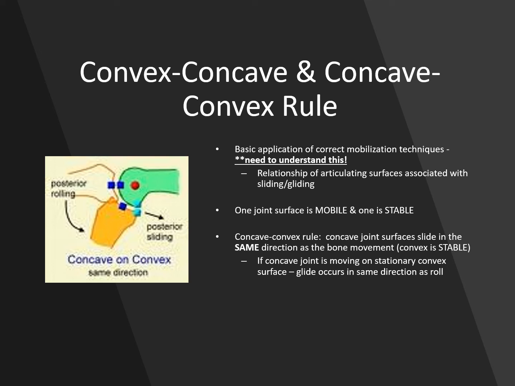Now let us understand the concave-convex rule. The concave-convex rule means that a concave surface is moving over a stable convex surface. That can happen in your knee joint. When you are sitting on a chair and doing knee flexion and extension, the tibia, which has a concave surface, is moving on the convex surface of the distal end of the femur. So whenever you are doing knee flexion and extension, with the tibia moving over the femur, you need to apply the concave-convex rule.